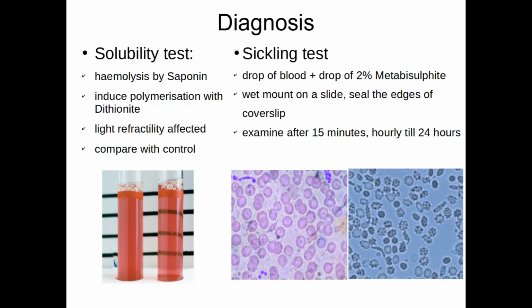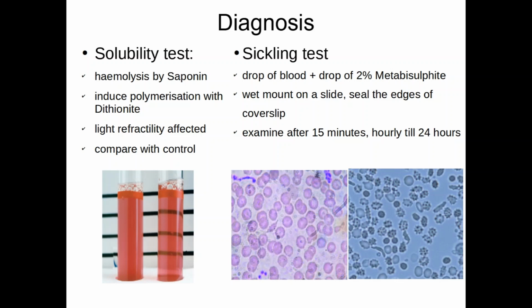Let's discuss two interesting tests for the diagnosis of sickle cell trait. These, if done in sickle cell anemia, will also be positive. So the first is called the solubility test. The procedure of this test is basically you take a sample of blood and the RBCs in that sample you have to break. For that you use something known as saponin. So you put saponin in solution, put RBCs, and that will break the RBCs.